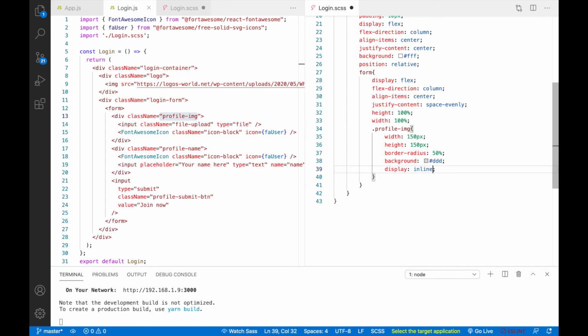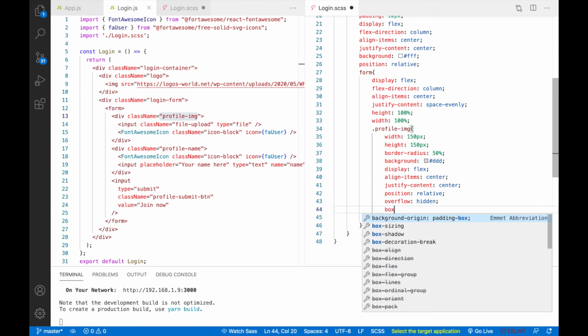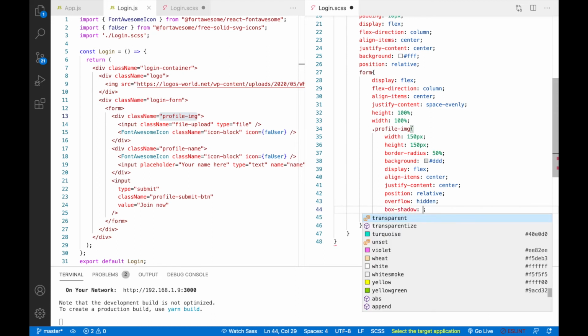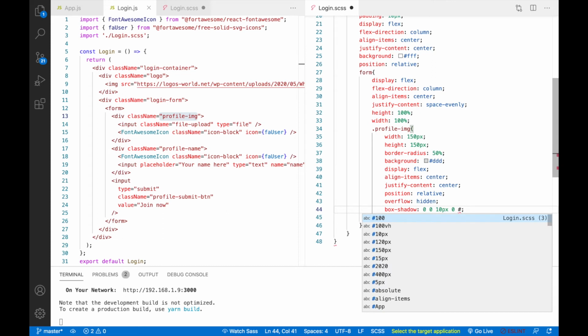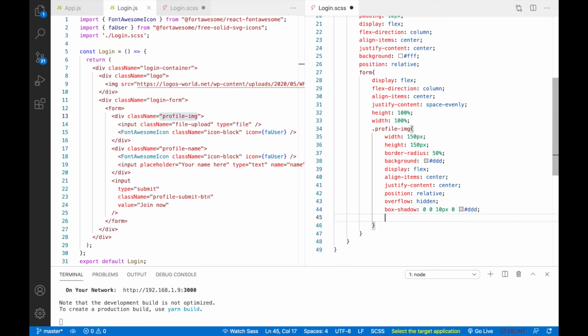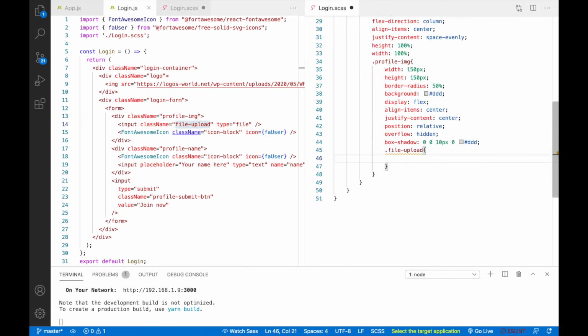So display flex, align item center, then justify content center, like this. Okay, position relative, overflow hidden, and box shadow. So this will be 0 0, then 10 px, then again 0, and hash triple D. Okay, so now after this we'll take file upload class. So here also position absolute.